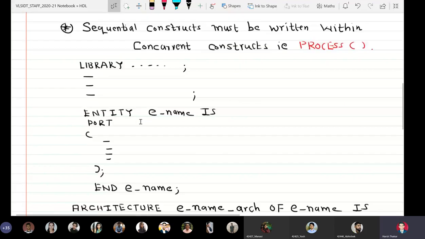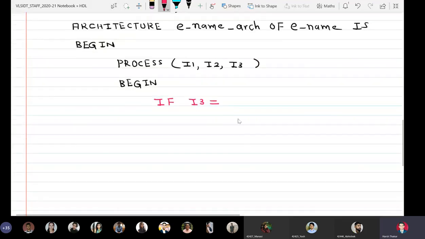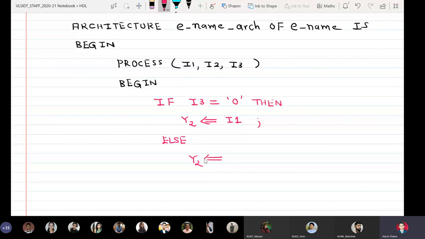So I will say if I3 equal to single tick 0, then y2 is assigned I1 semicolon, else y2 is assigned I2 semicolon.